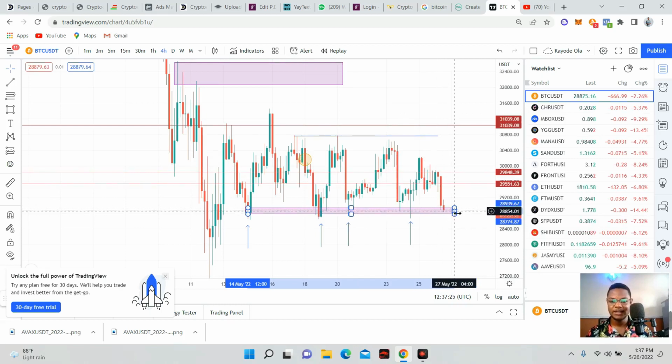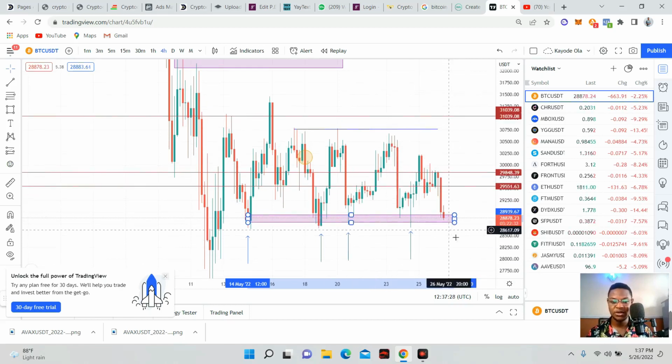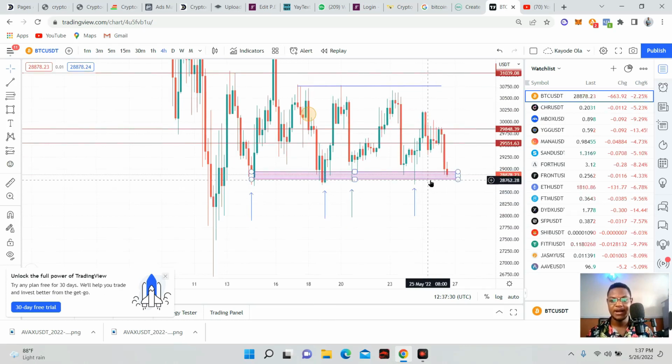Right now you cannot buy here, because this zone is very dangerous to buy: the market has tested this particular zone so many times, which means the market can literally break this zone. Now, am I saying the market is going to break it? Definitely not, because anything can happen. If you are thinking about shorting, you need to think about what if the market goes against me. If you are thinking about longing, you need to think about what if this market goes against me. That is where risk management comes in. You don't control the market.